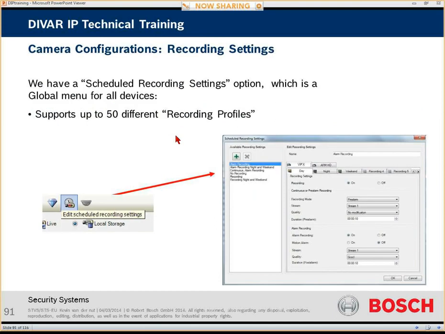Then next to the stream quality settings, we have a scheduled recording setting button. And this is where we actually define the specifics of the recording profile as we have it. So you'll see here that you have the same 6 pre-configured profiles that were available in the BVMS configuration wizard in the beginning. And this is actually where you see the specifics of what each of these profiles actually consist